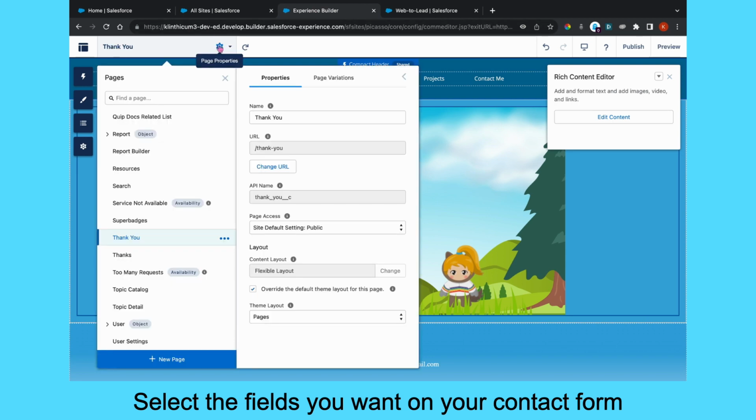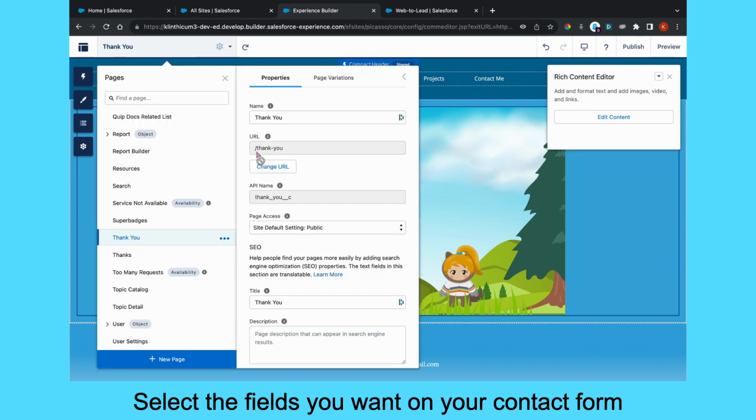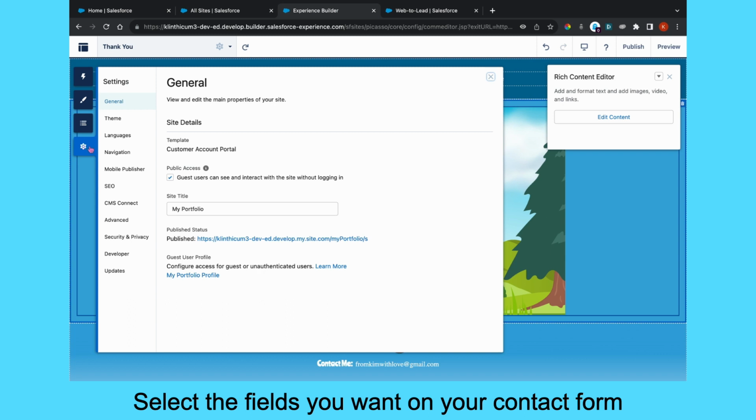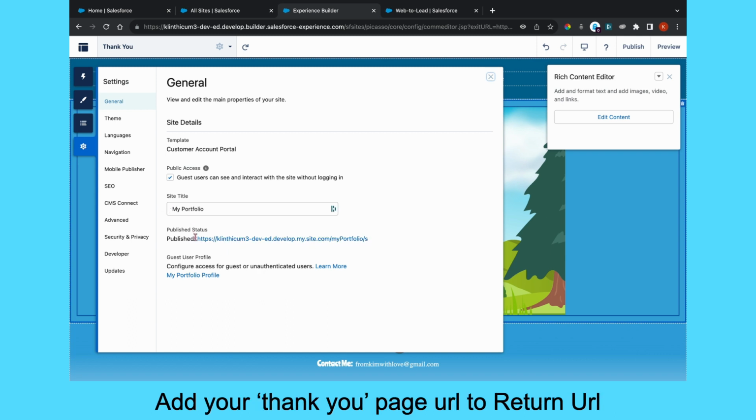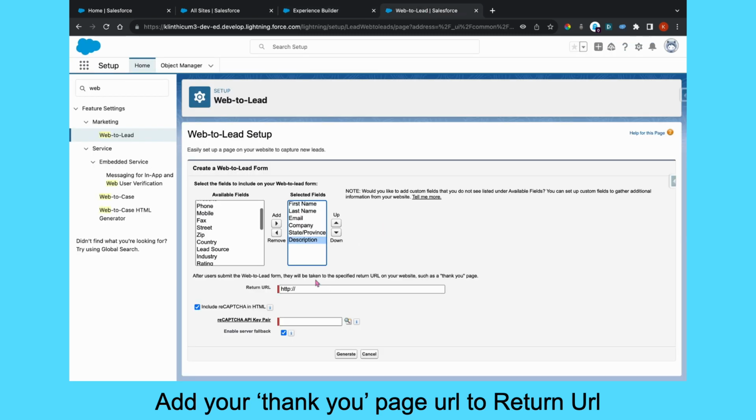So you want to go back to your thank you page. The end of the URL is going to be right there, / and whatever you named your thank you page. To get the beginning part of the URL, you can go to settings, and it's right there under published. So you want to copy that entire URL address and then paste it to where it says return URL. And at the end of it, put forward slash thank you. And then once you do that, you can hit generate,